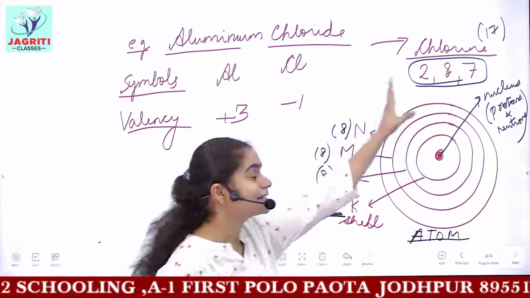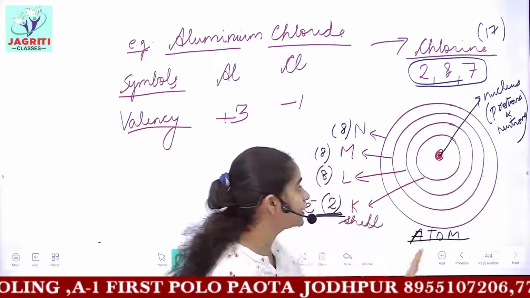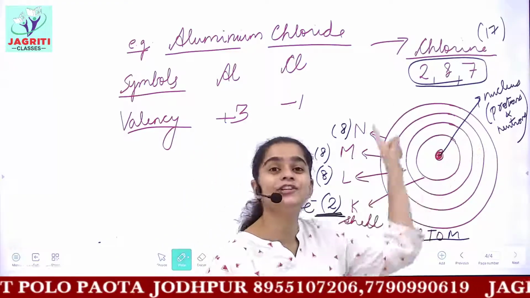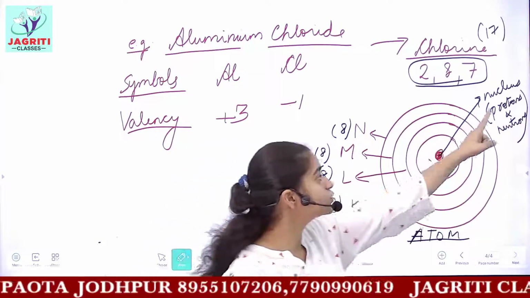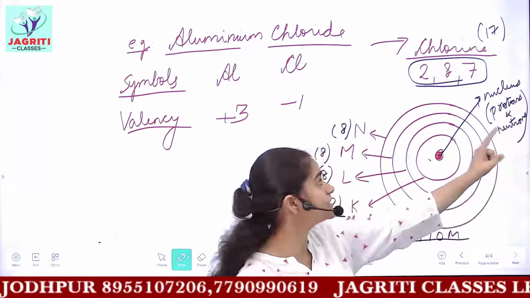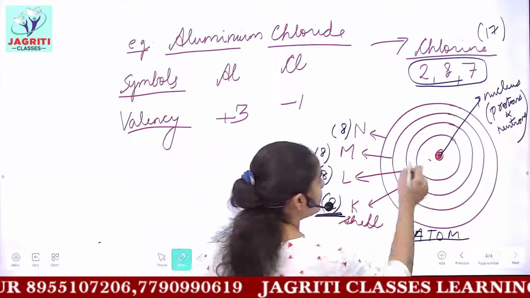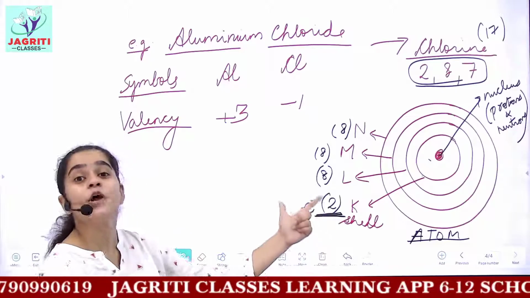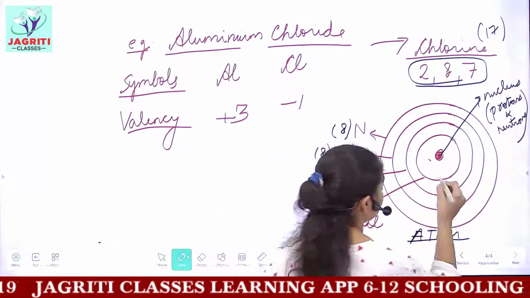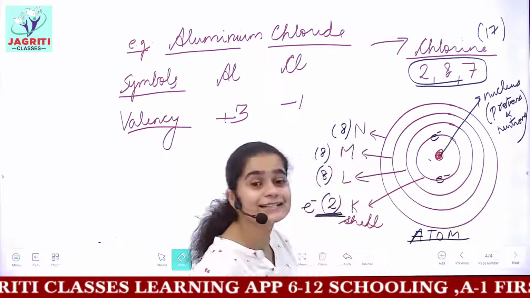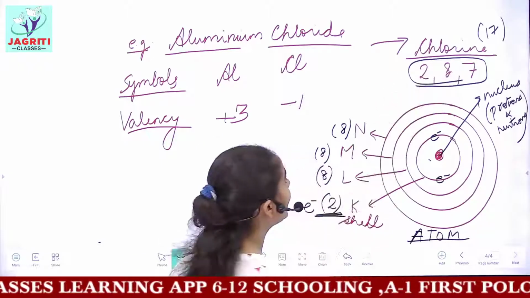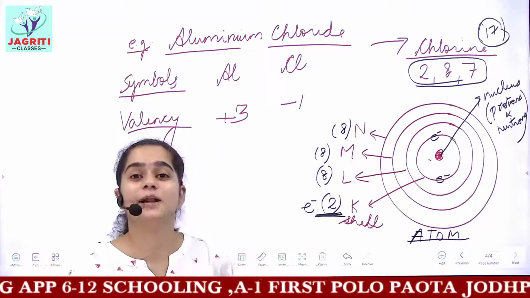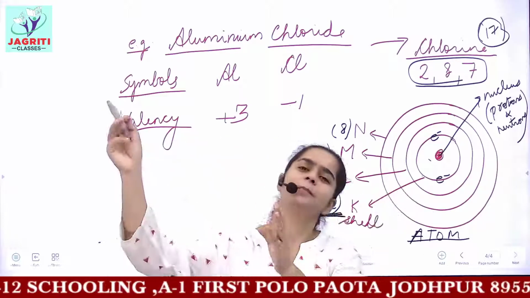We know that this is the structure of an atom. In this structure, we have a centrally positioned nucleus, and then we have concentric shells around the nucleus. In the nucleus, protons and neutrons are present, while the electrons revolve in these shells. So I am saying that in the K shell, only 2 electrons can come. So in the K shell, we have 2 electrons. If we are discussing the case of chlorine, then out of the total 17 electrons, 17 denotes the atomic number, and it means the number of electrons and the number of protons.